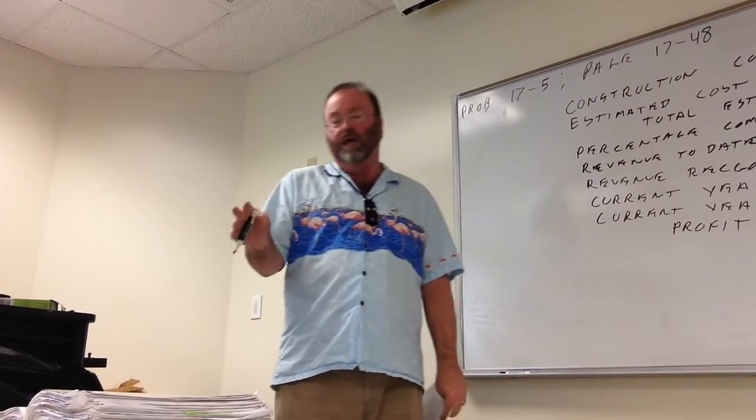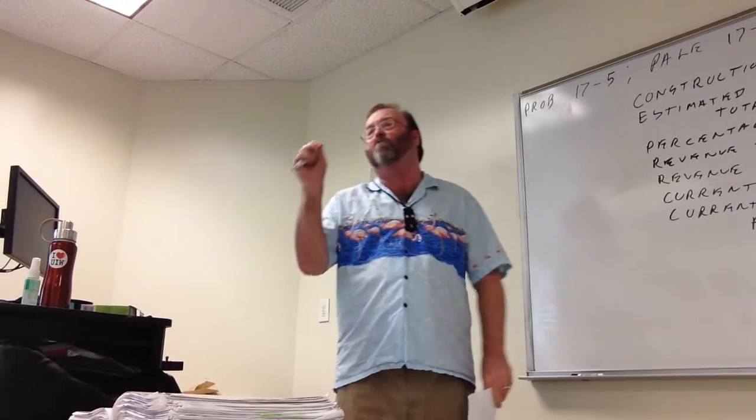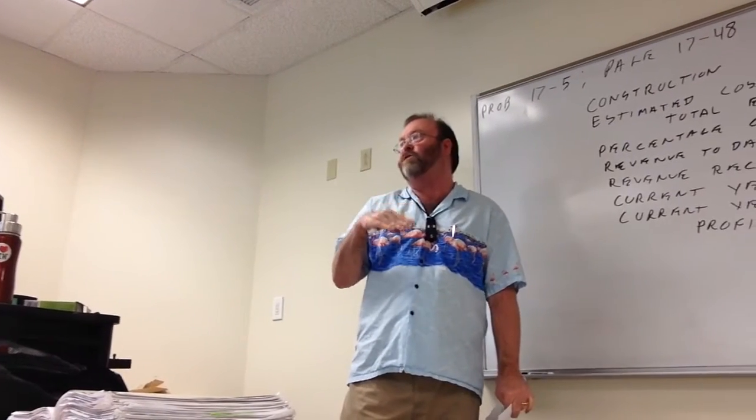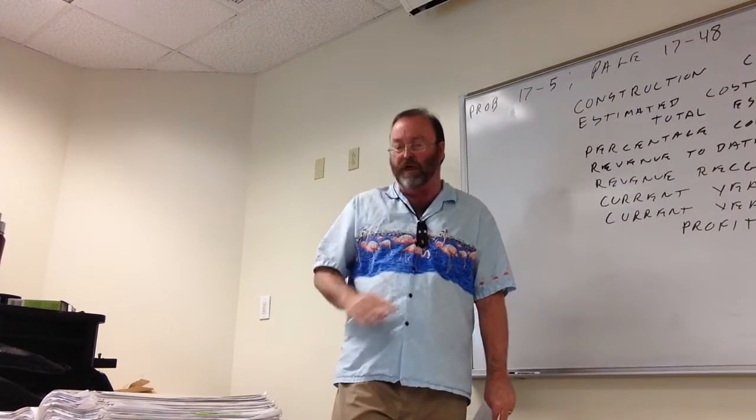It gives us the same set of data that we've had before: the construction cost incurred during the year, plus the estimate to complete at the end of each of the 3 years while the dam is in process. And then it also gives us billings and collections. I'll wait until the very last one. The billings and collections is what you'll use to do the journal entries throughout the year. And I'll show you that here on the very last problem that I do, which is going to be problem